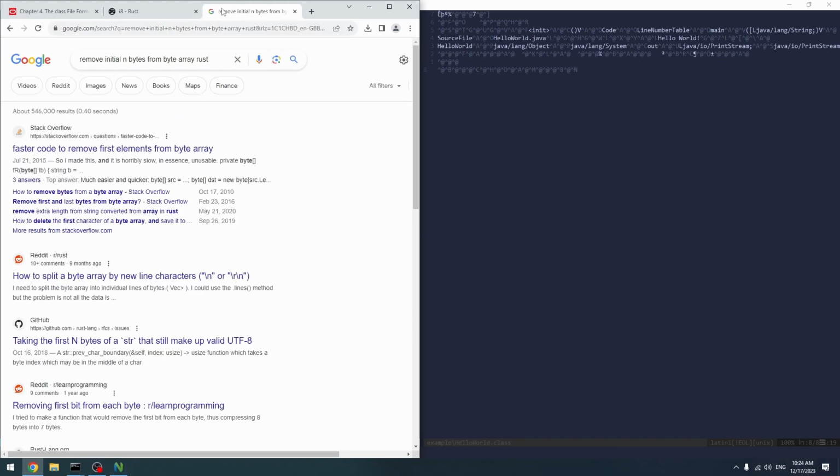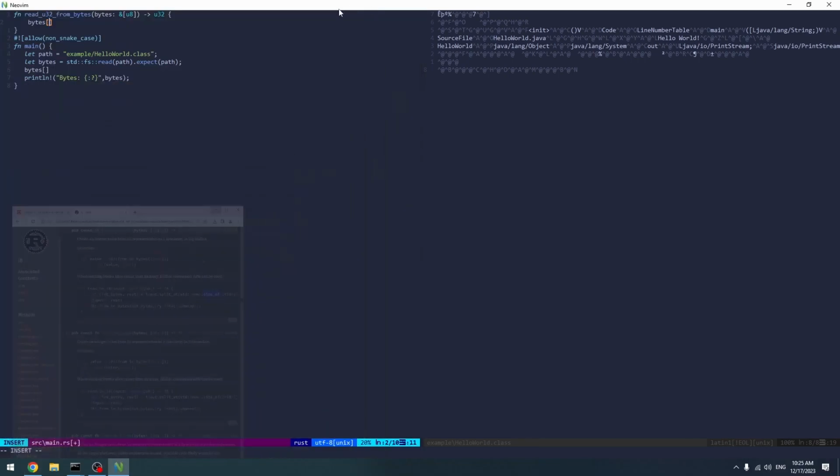Rust, maybe. Well, that doesn't matter. We can just have an offset, but for now we don't really care. We're going to slice into them from 0 to 4. That's 4 bytes. We're going to probably assert that this is in fact true, and we can just return u32 from